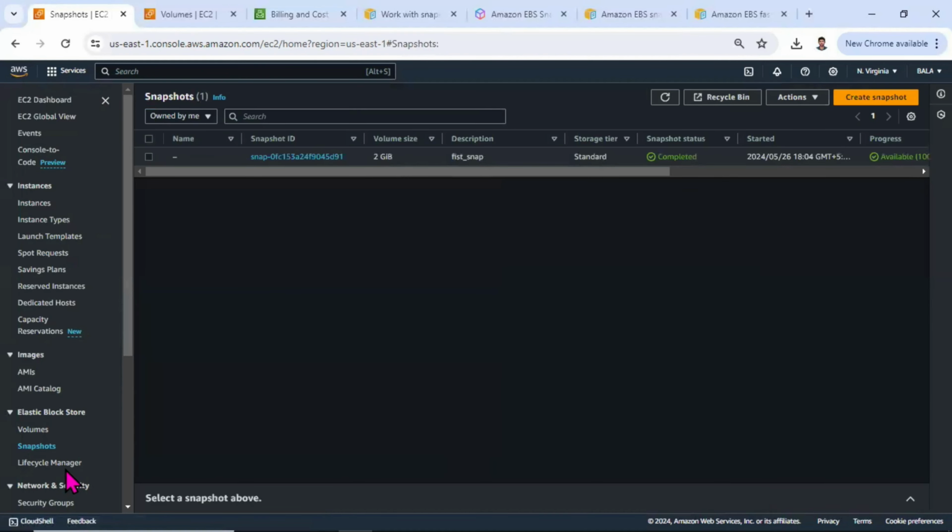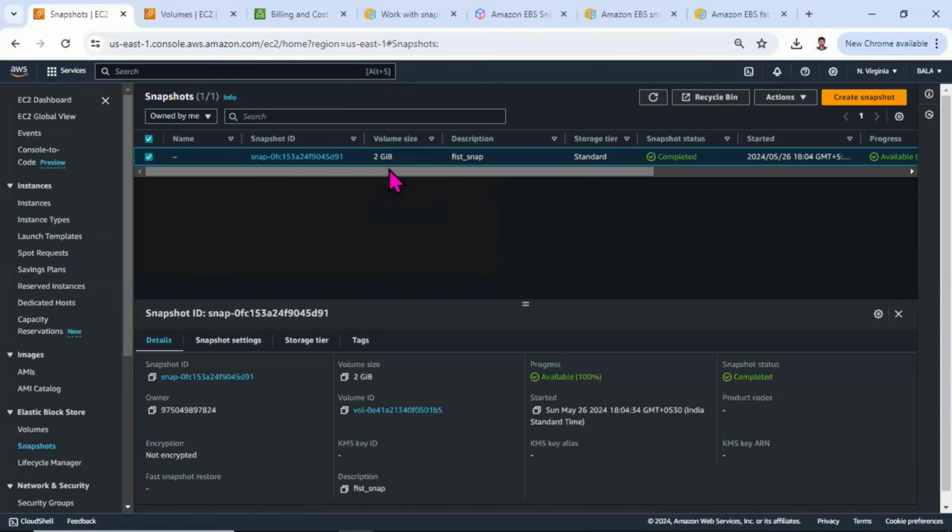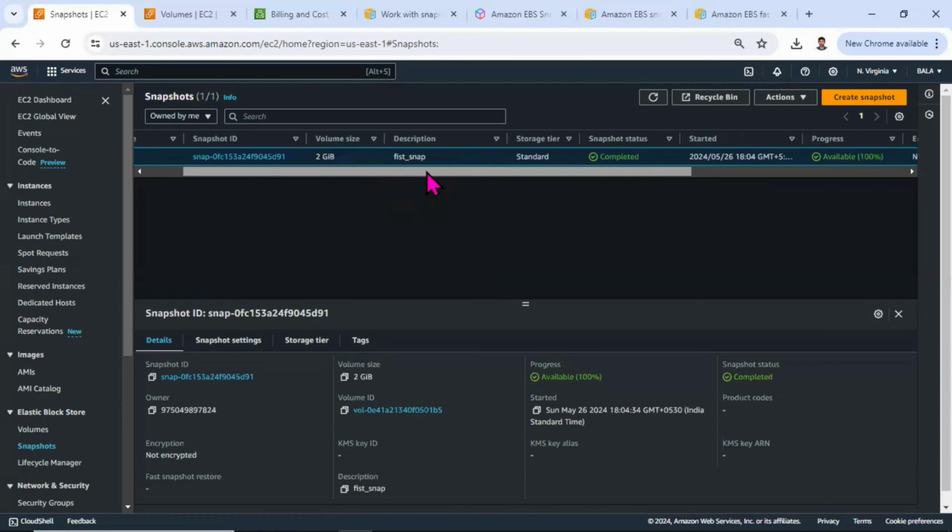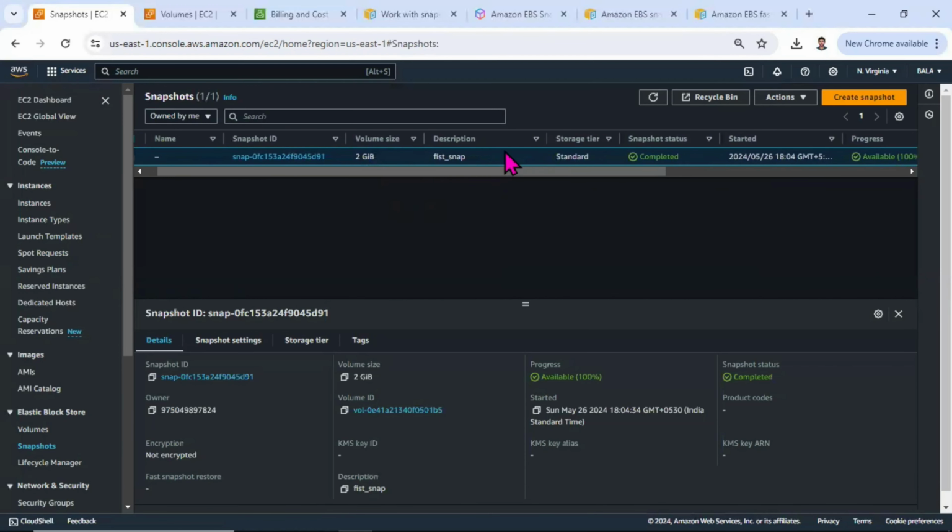And one more point, as I mentioned, snapshot archive is one of the options. In case you can see, I have one of the snapshots. I'm accessing this in a very infrequent way, so AWS is unnecessarily charging for this snapshot. Instead of that, I can move this snapshot into the archive so that my cost will be a little bit cheaper compared to standard. So basically, to archive that snapshot